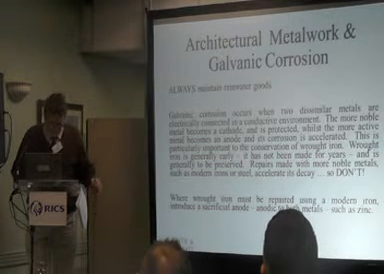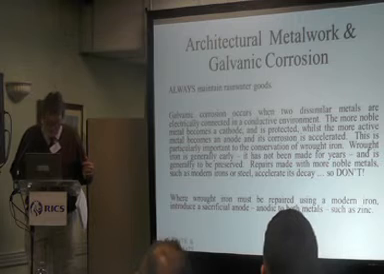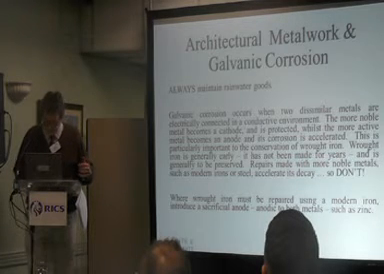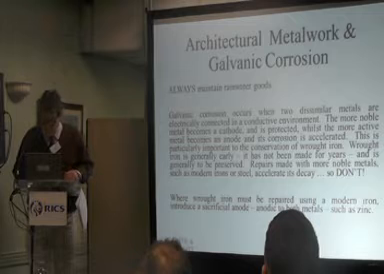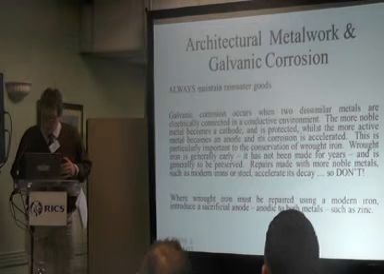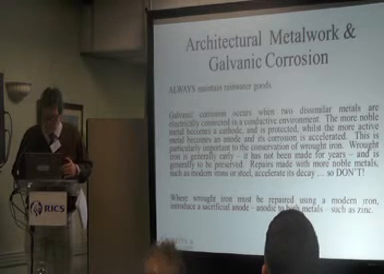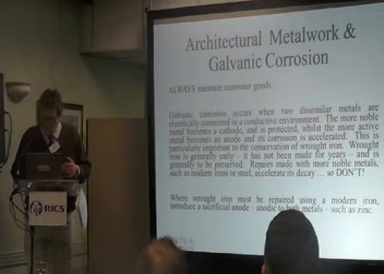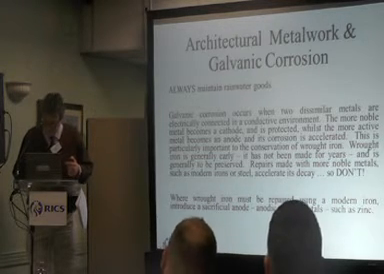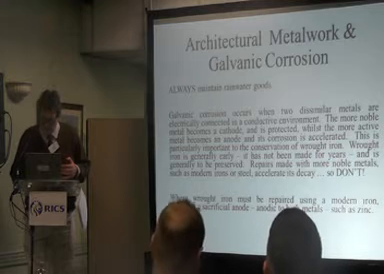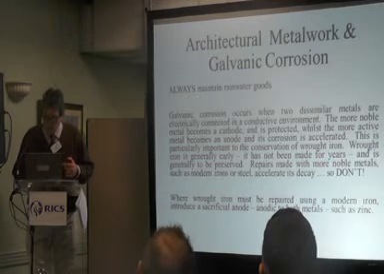Now, galvanic corrosion, you may never come across it, but it occurs when two dissimilar metals are electrically connected in a conductive environment. It needs oxygen as well. The more noble metal becomes a cathode and is protected, the more active metal becomes an anode, and its corrosion is accelerated. This doesn't matter for most of us most of the time, but if you come across wrought iron,